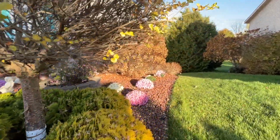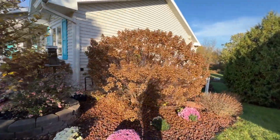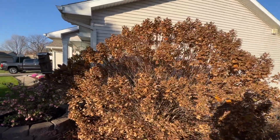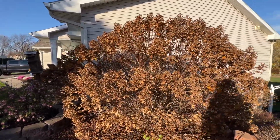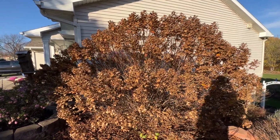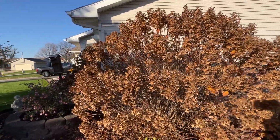A few more garden mums here just for some pops of color. Got the Quick Fire hydrangea, and that's going to get trimmed back too when the gardeners come. It's really big right now, about 8 foot tall. So the typical rule of thumb is to take about 1/3 off the plant, which if we go in here,